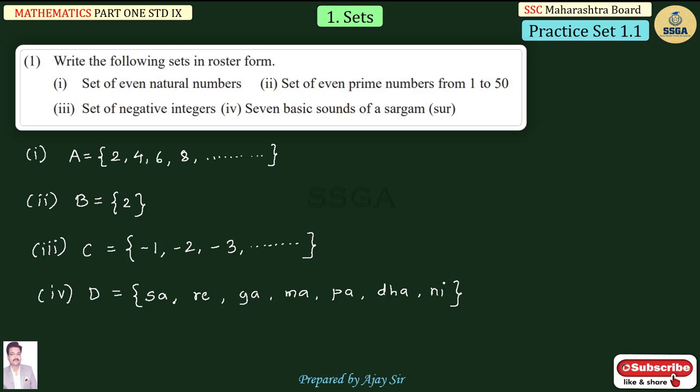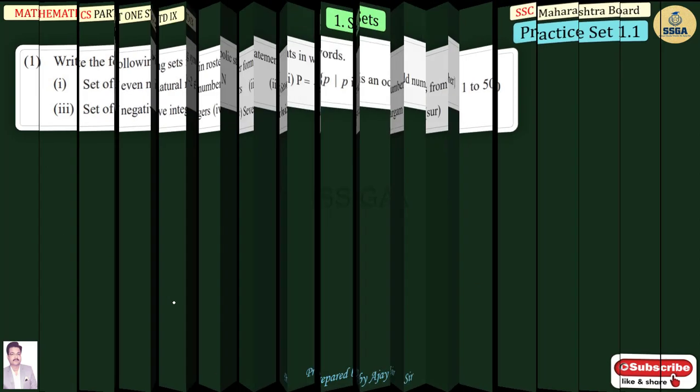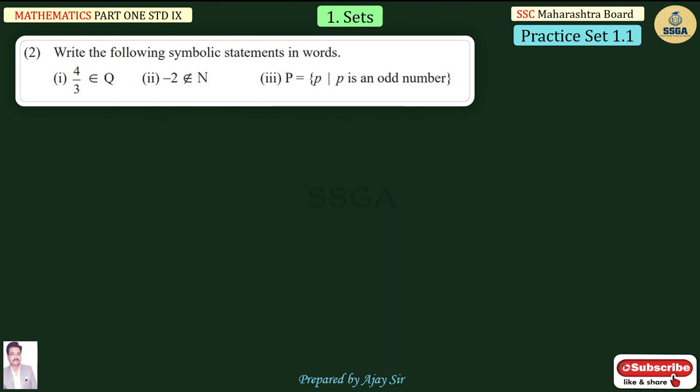Now next question. Let us move to the next question. Write the following symbolic statements in words. So in the second question, we have to write this in the form of words. Second is this question, and third. So you have to write the symbolic statement in the form of words. Now first,